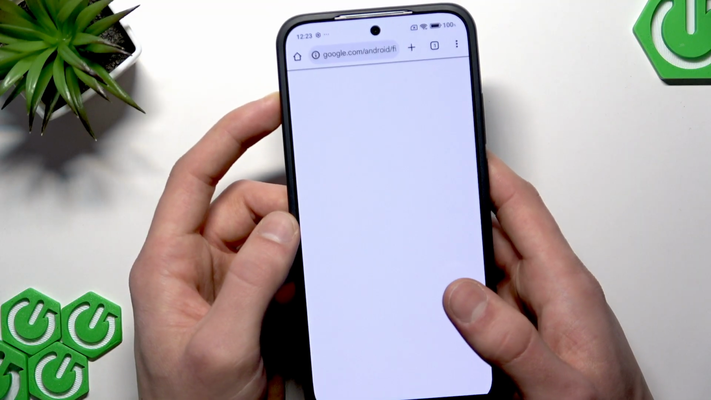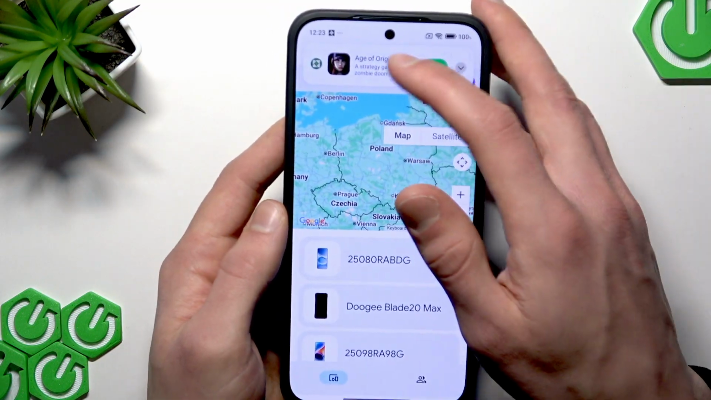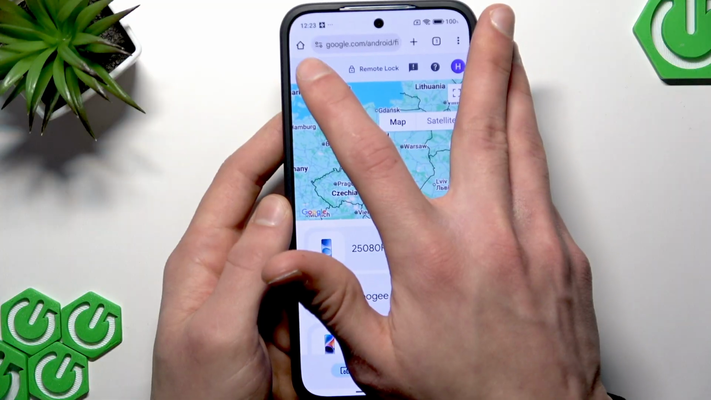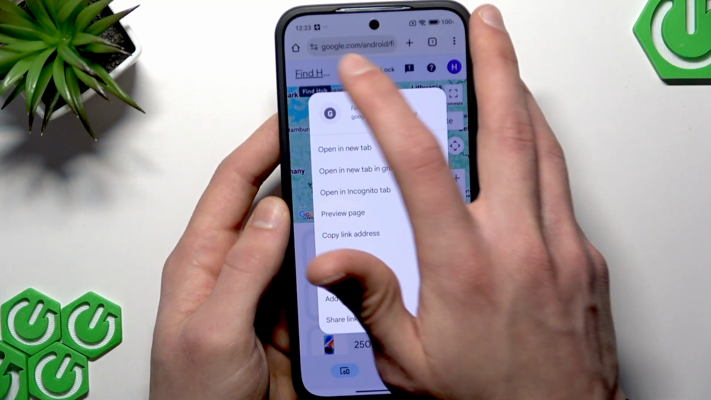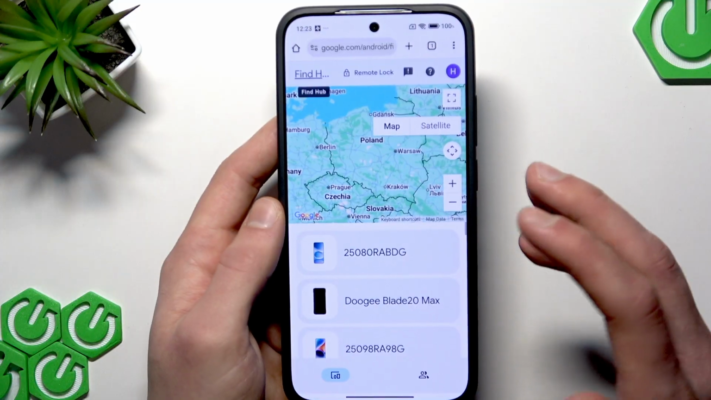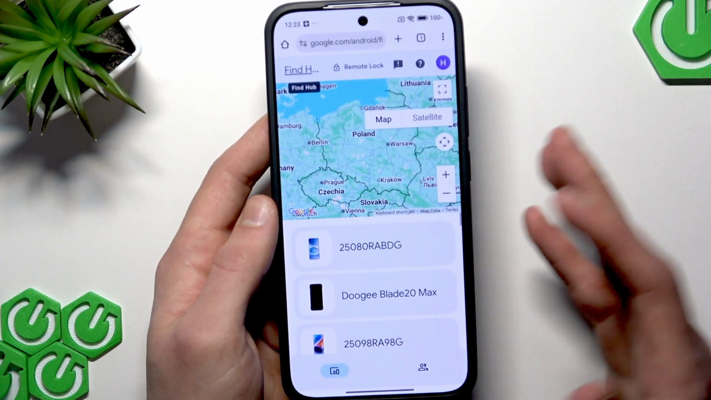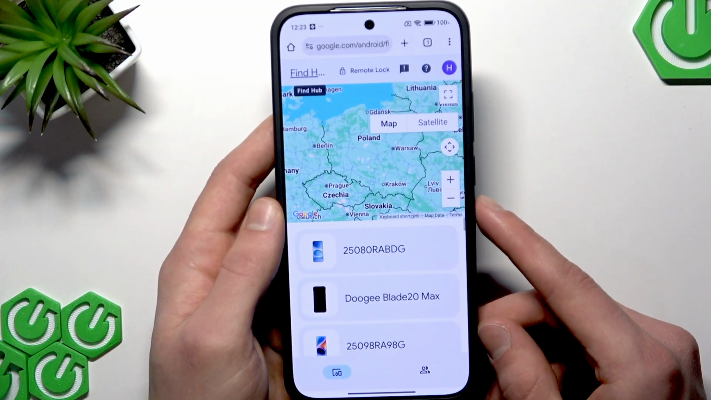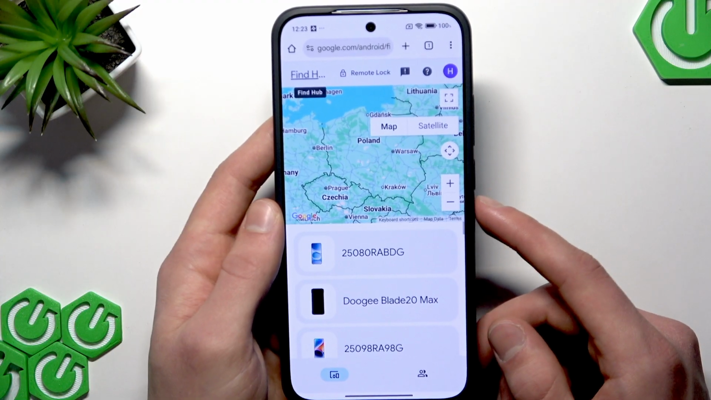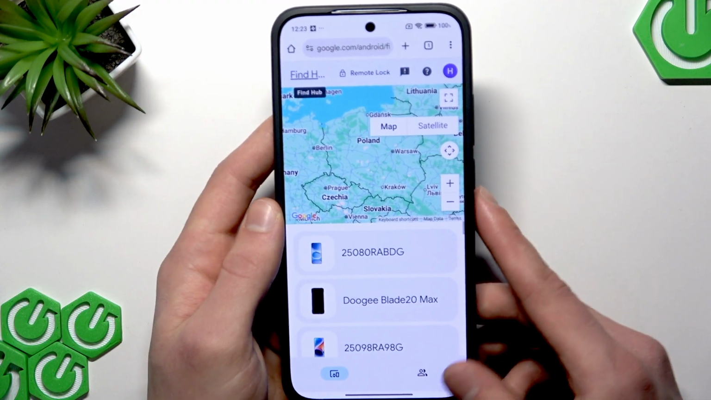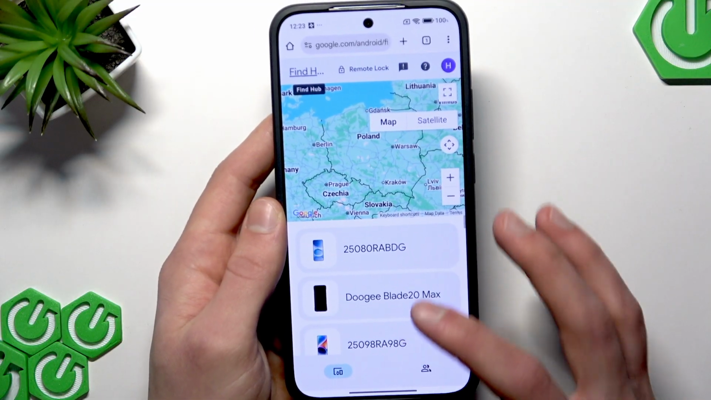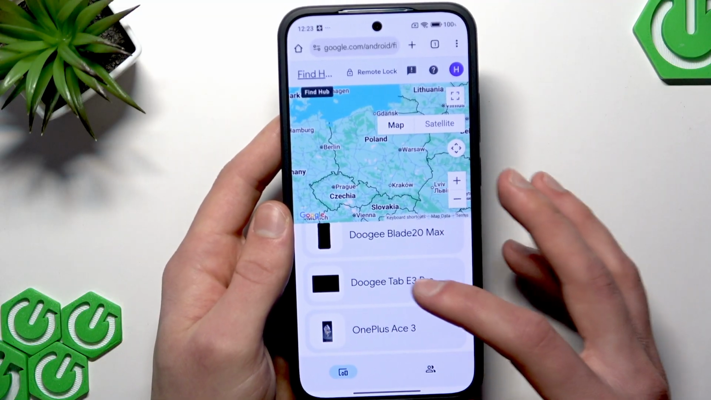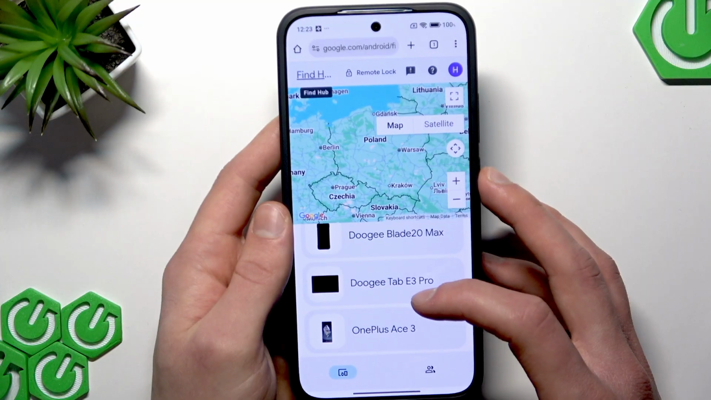All you have to do is open a web browser on any other device you have access to, then enter the FindHub website. It's the official Google website. You're gonna have to log in with the Google account that is connected to your smartphone, that is linked with your smartphone basically. Then go to the devices section on this website and find your Redmi Note 15 Pro on